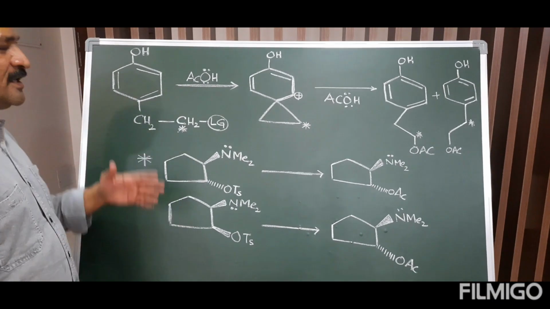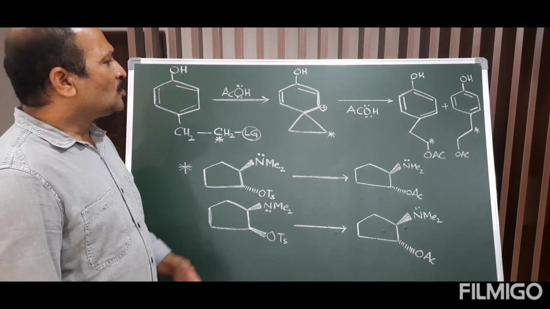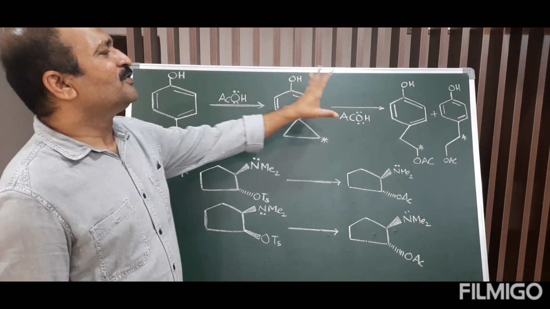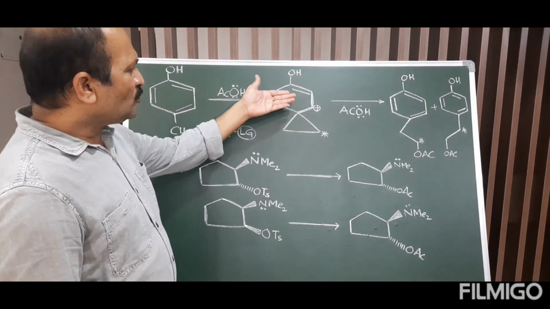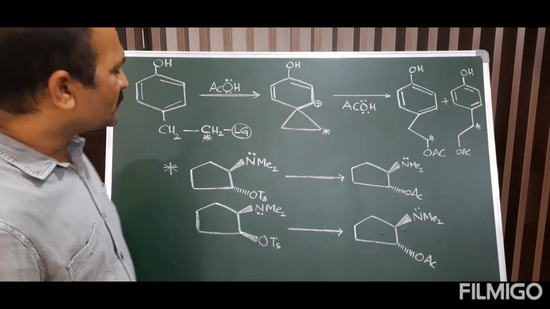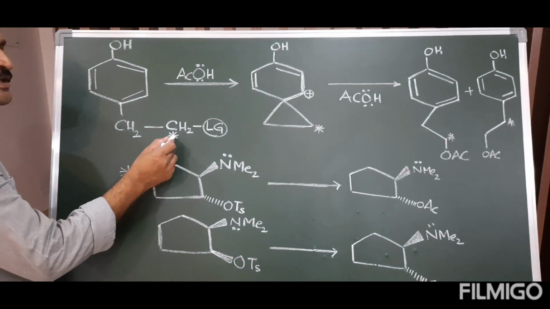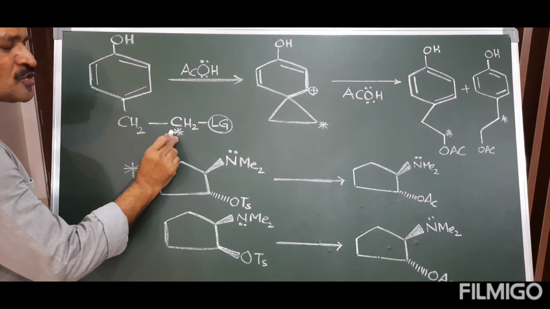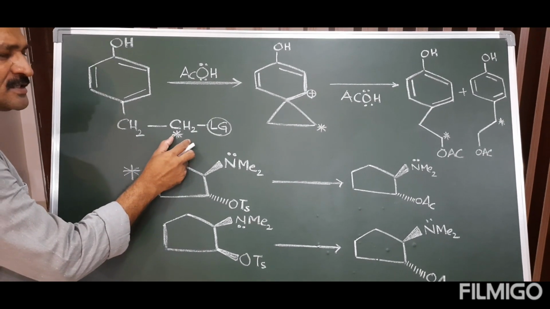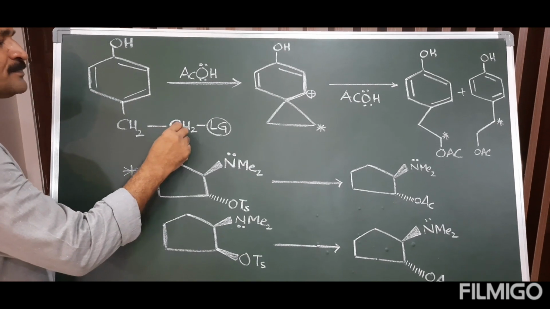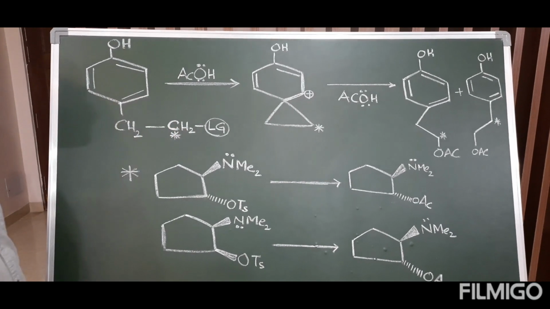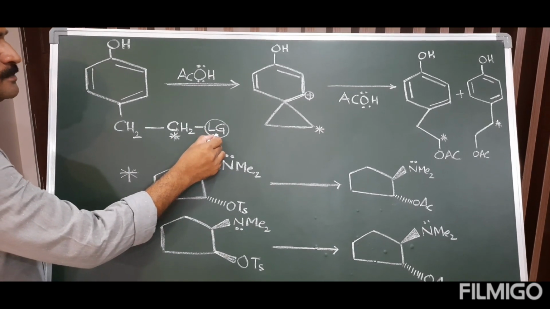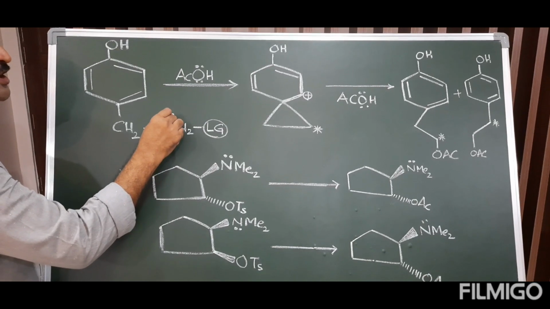Students, here I want to explain NGP stereochemically by taking a different molecule. First, we are going to discuss this molecule. Students, here a carbon is there. In this carbon, I am giving a star mark that indicates it is a labeled isotope. And here this is the leaving group. This leaving group is present on this carbon. It is position number 1.